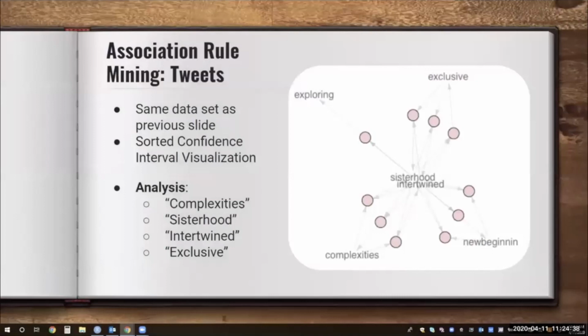This visual expressed a similar association pattern as the last slide. However, this data visualization was sorted by focusing on the confidence interval instead of the support interval from the previous. Using the confidence interval revealed a different narrative in the data set, with words like complexities, a common word used to discuss literature,